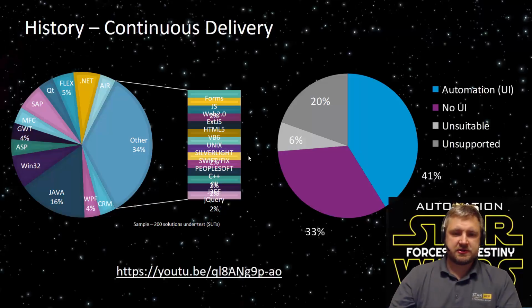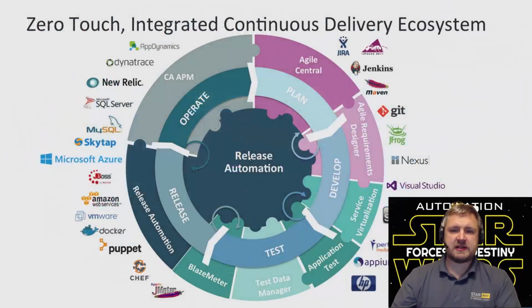At this point, I'd like to bring to your attention the YouTube link in the bottom left-hand corner. This will give you an example of a complete release automation pipeline. So pipeline as code, starting with your requirements definition or your stories in any kind of agile tool or requirements engineering tool, moving into the development phase, continuous delivery, continuous integration, moving into testing, service virtualization, test data management, performance engineering, to release automation. So then you've got your Docker, Chef, Puppet kind of landscape, releasing out into wherever it could be, the public or private cloud, and then moving into some type of APM tool to operate.